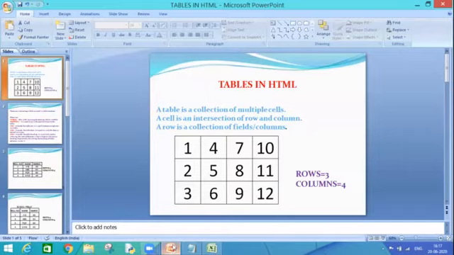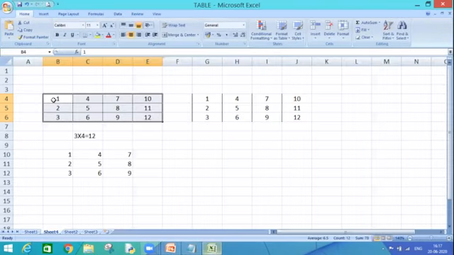Next, a row is a collection of fields or columns. How can we say that? A row is a separate thing, a column is a separate thing. Once both intersect, they form a cell. But why are we saying that a row is a collection of fields or columns? Let's understand. If I select this data horizontally, please focus here. This is one row in a table.